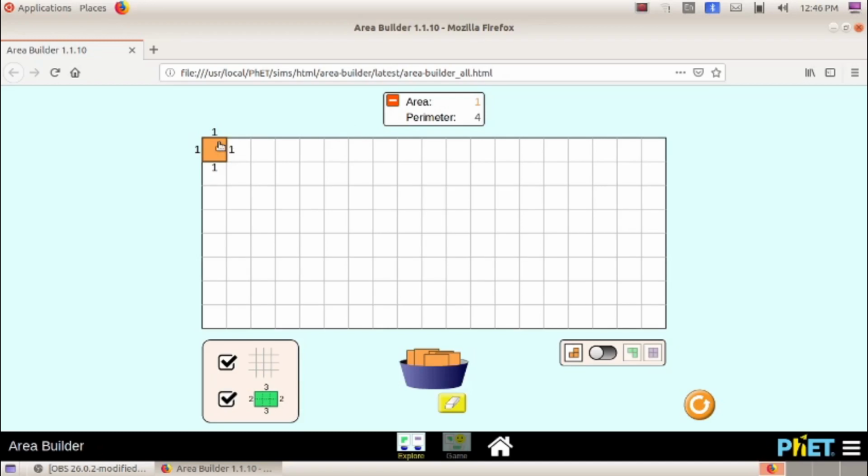Or you can use the formula of perimeter. What is the formula of perimeter? 2 into length plus 2 into breadth. Here length is 1 centimeter, breadth also 1 centimeter. So 2 into 1, 2, plus 2 into 1, 2. So 2 plus 2, 4 centimeter. If that formula is difficult for you, you just add the 4 sides.